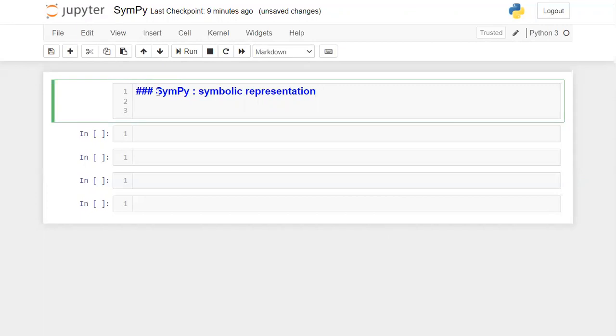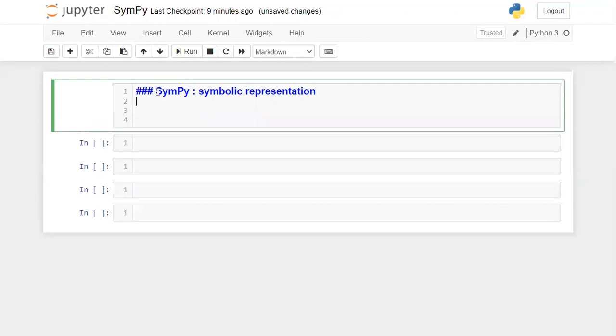Whenever you want to perform any algebra related things, you can consider it as a computer algebra system. You can perform any mathematics related operations. SymPy majorly concentrates on mathematical symbolic representations.